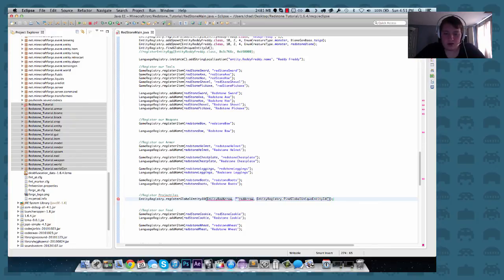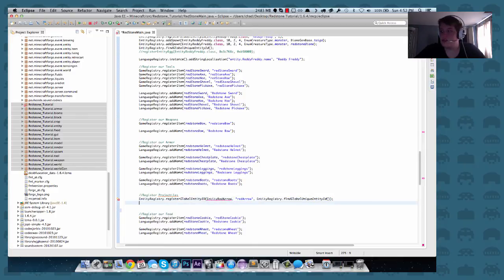And I screwed up right here. You're probably yelling, "What the hell are you doing there, man?" All right, so that's going to give us an error for now because we haven't created it yet. It's fine. All right, so next line is entity registry